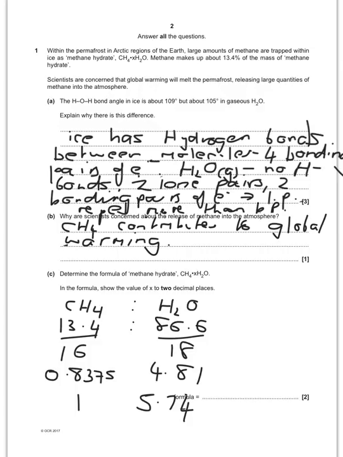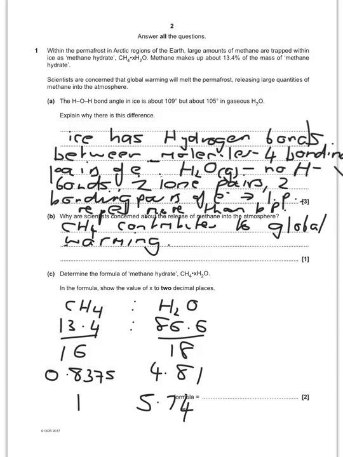So question 1A, the HOH bond angle in ice is about 109, but is 105 in gaseous H2O. Why? Well, if you think about it, in ice, you know that there is hydrogen bonding throughout the ice structure. So because of that hydrogen bonding, the lone pairs on the oxygen are involved in those hydrogen bonds. So they become more like bonding pairs, which means the arrangement around oxygen, rather than having two